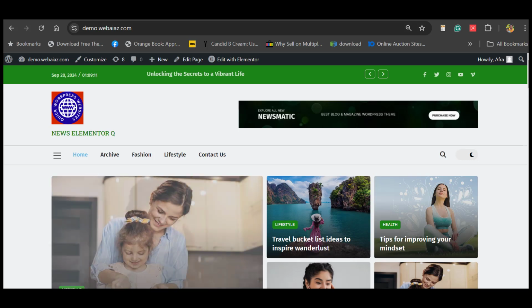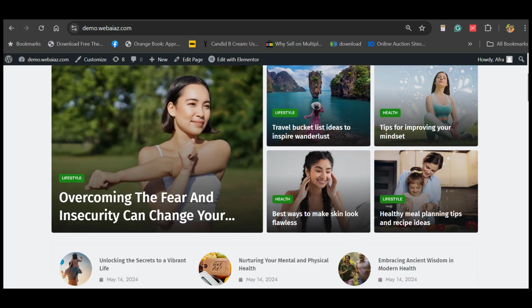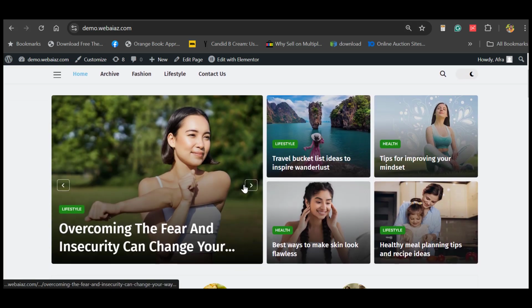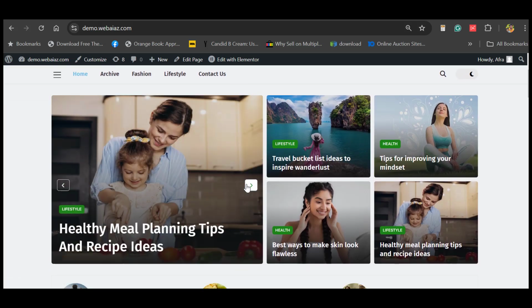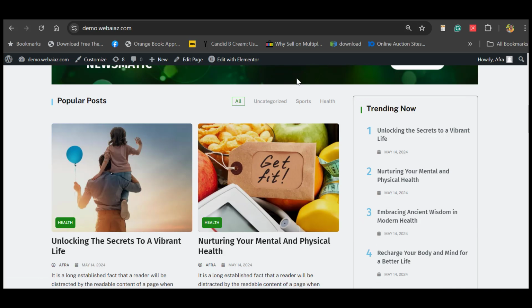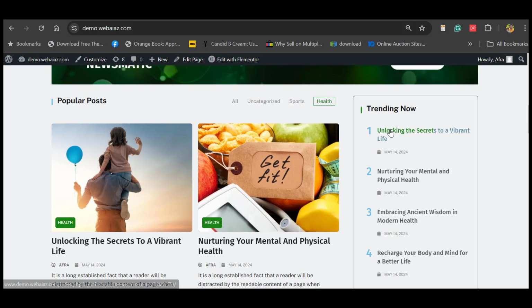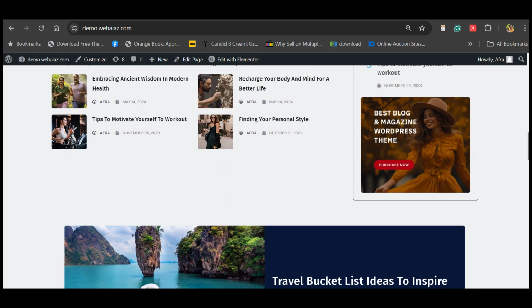Okay, let's come to the home page editing. Now let's edit this home page. So there are home page items you can see. This is the slider area, and these tags are here, and this advertisement banner, and the popular post. Here you can have the tabs, you can click these tabs. There's a categories, the trending now here,